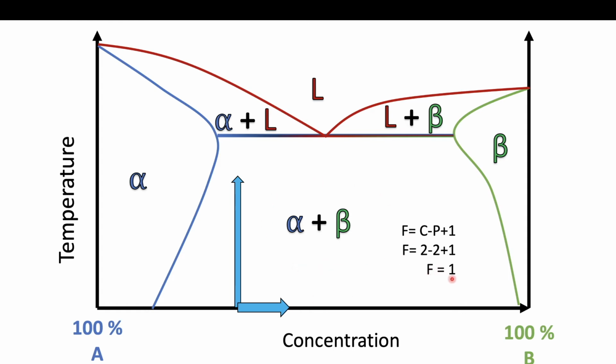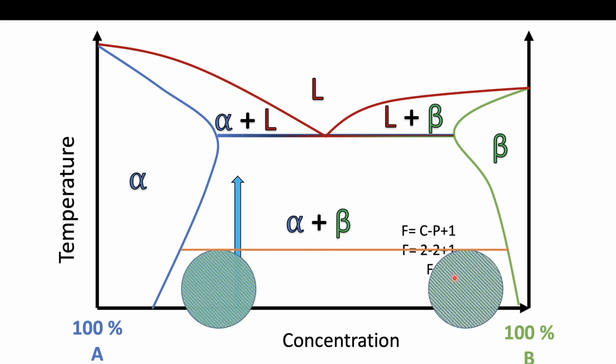But the Gibbs phase rule gives us degrees of freedom to be 1, which means that these two are not completely independent. They must be dependent on each other, and we basically can change only one variable independently. So for now, let's remove the concentration and let's choose one particular temperature arbitrarily, right? Which means that at this temperature we have chosen, and now if we try to vary the concentration, what happens